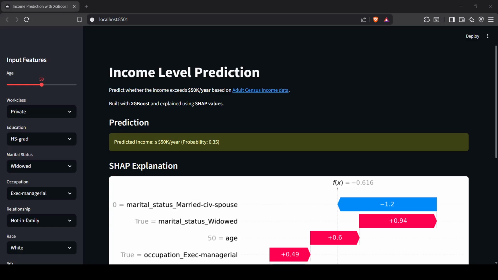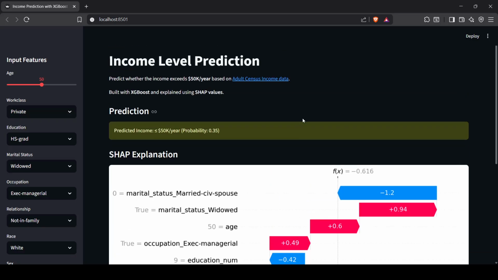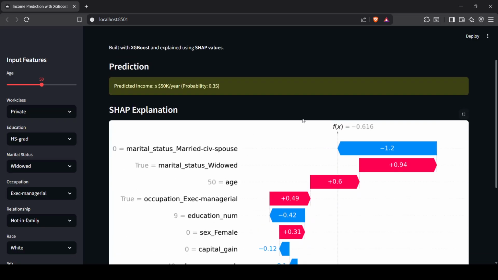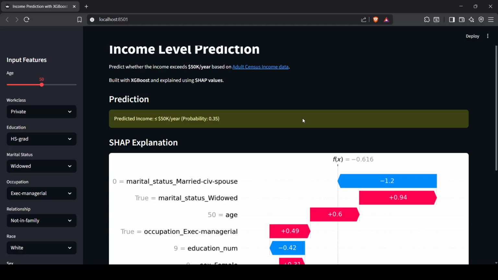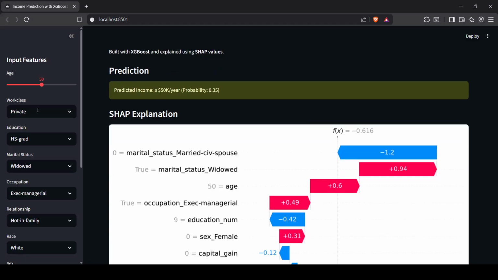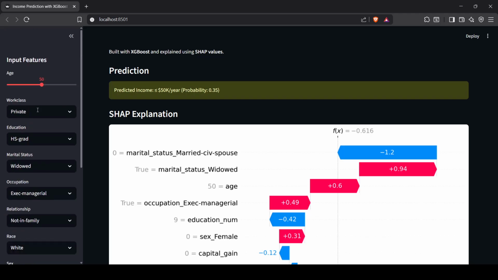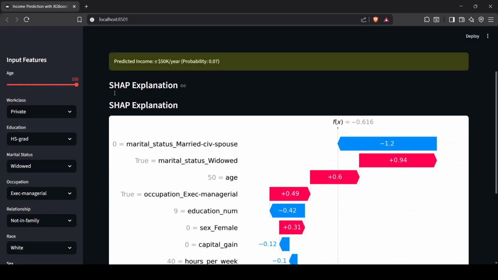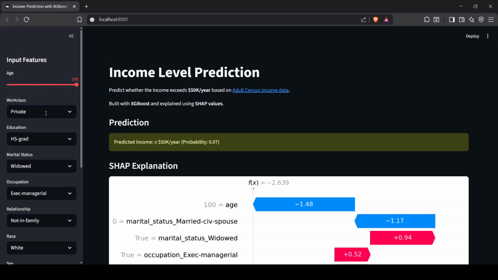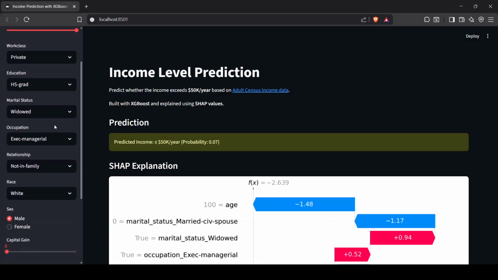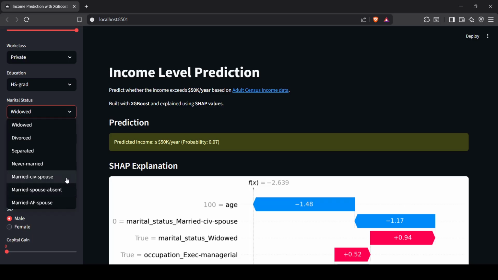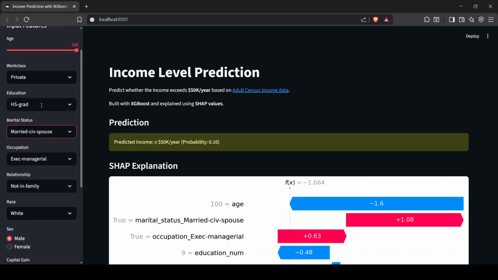Now that we have our app running locally, here you can see the explainability, the prediction of whether this person is making more than 50K or less than or equal 50K a year. And on your left here, you'll have the sidebar where you can modify all of the parameters. So for example, if we're making this a very old person, if he is married, if he has a doctorate,